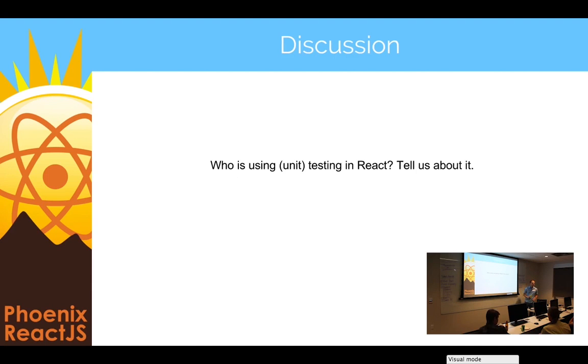Is Enzyme a library for running tests, or is it a runner? And why do you need to change Webpack to make it use Enzyme, if it's just a library? Great question. So it is a library. It's not a runner, and you would use it